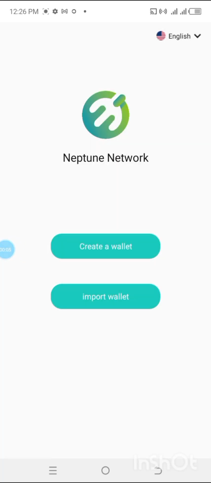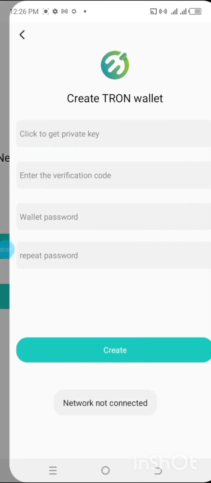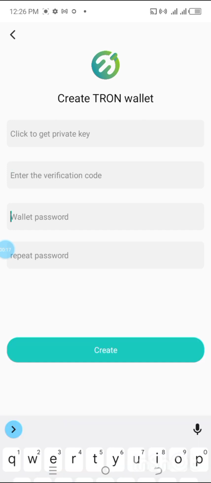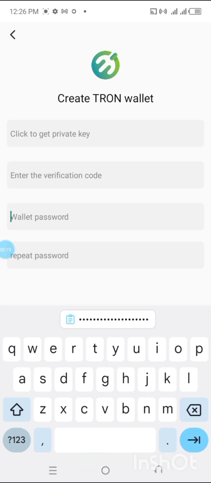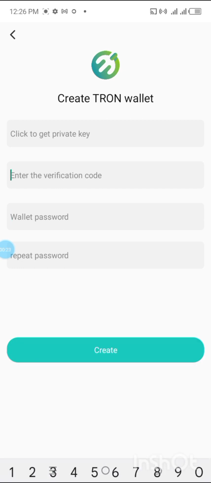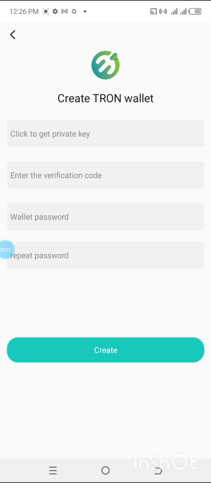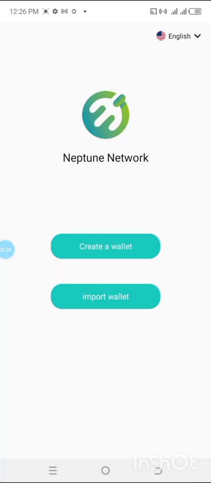Today we'll be looking at a great opportunity that has been running online. This is an app we need to look into today. It is called Neptune. All you need to do is have a network connection, navigate to your Play Store, and download this amazing app called Neptune. After that, you just need to open it and sign up. It's user friendly and the interface is very friendly. So just look at it and see what's going on.